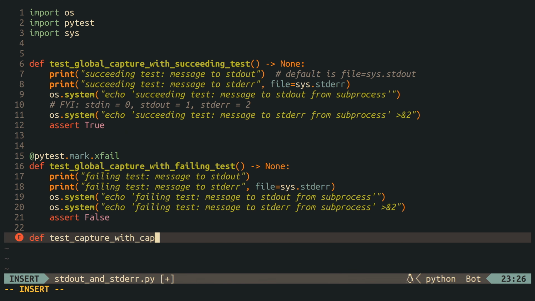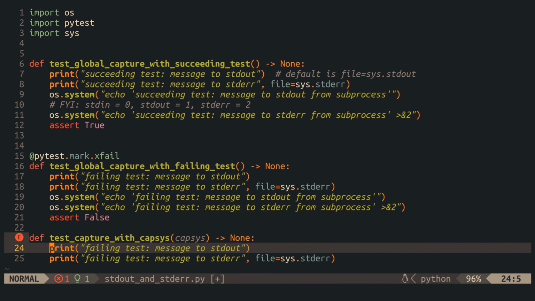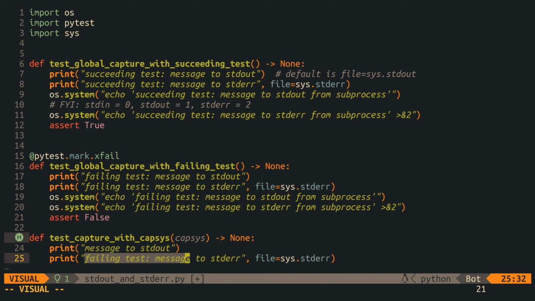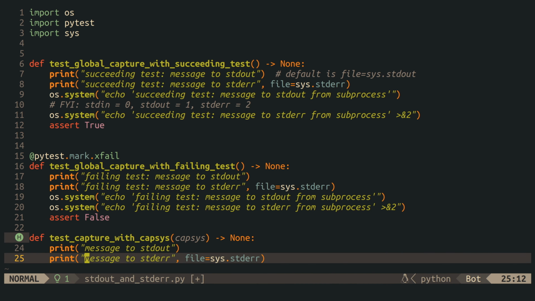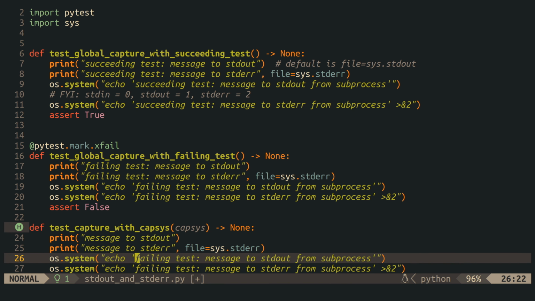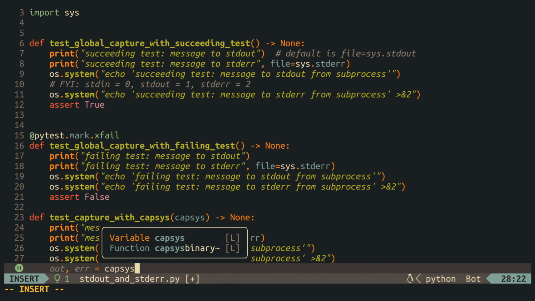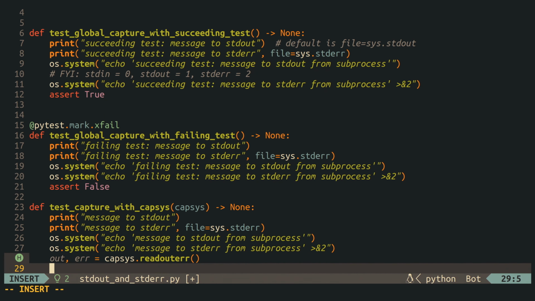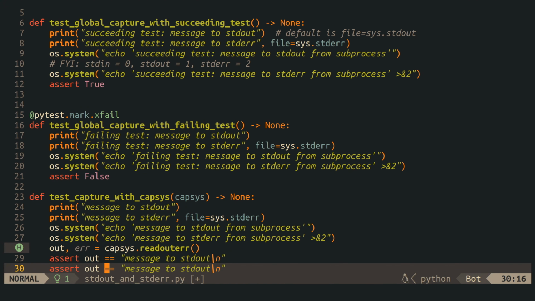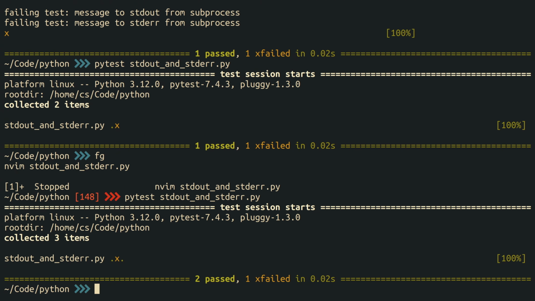Now, to get the output that PyTest captures anyways by default inside of our tests so that we can make assertions about it, we can use a number of different fixtures that ship with PyTest. The first of which I want to talk about is called capsys, which is short for capture system. And to demonstrate this, I'm creating a third test case that will again print something to stdout and stderr using both Python itself as well as subprocesses. The most important feature of this fixture is that it provides a method called readouterr that we are going to call now. And this method returns a tuple with two strings, where the first string is the captured standard output and the second string is the captured standard error. And at this point we have two ordinary string variables that we can work with as usual.